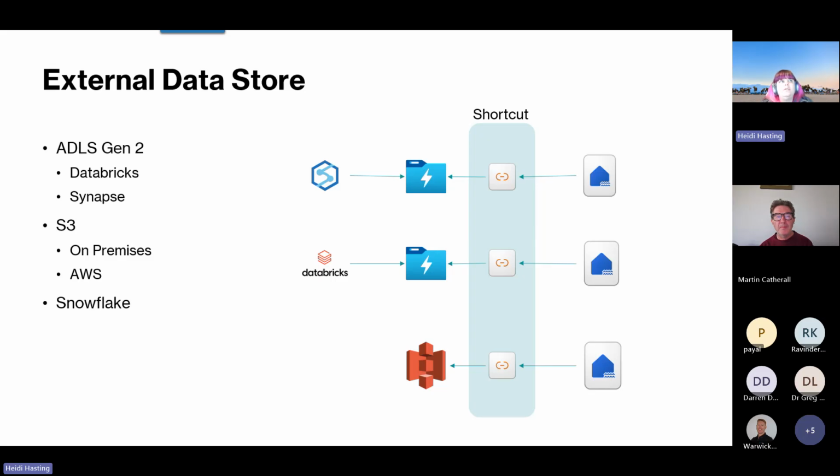So Fabric excels on the data when one of its engines is writing the data to the OneLake, because it's able to apply V-Order and other optimizations. With a shortcut, because we're accessing the data where the other solution has written it, we're accessing it in a more virtualized way. So we don't get all the performance gains that we have with having the data in the OneLake. It does mean we can still use it, but for things like Databricks as well, the security is not copied